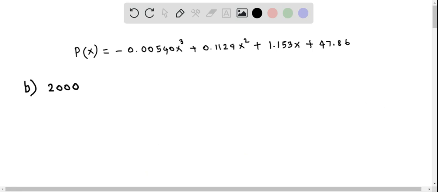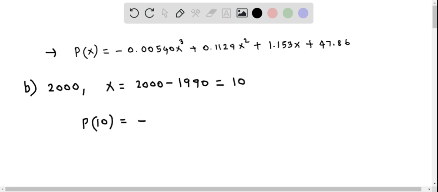Now let's do part B. Here we find the number of US travelers to other countries in the year 2000. So year 2000 corresponds to x equals 2000 minus the beginning of the year, which is 1990, and so this gives 10. So we have to plug in x equal to 10 into this function, so therefore it becomes p of 10, and this equals negative of